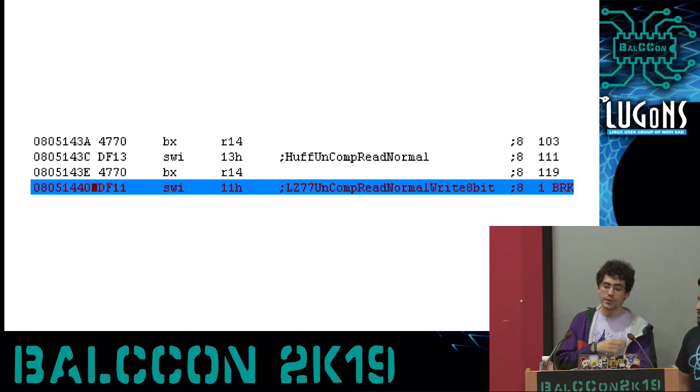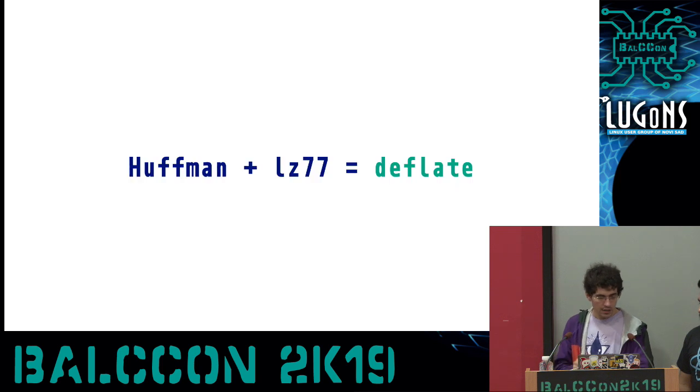Besides the divide operator, we can also call some compression and uncompression operators using the SWI instructions. For example, here the game is calling the Huffman and LZ77 algorithms. The Huffman and LZ77 together make the deflate algorithm. So this game, when it loads a level, uncompresses it using the deflate algorithm and saves the result on slow